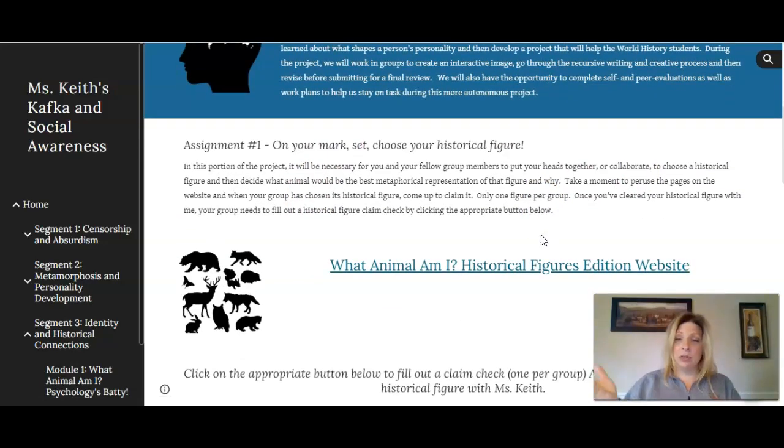They're assigned a historical figure, and then they choose an animal that metaphorically represents that historical figure, and then using ThingLink, they explain their choice with pictures and videos and explanations, providing a kind of Marzano-esque database for the world history students to access as they study for end-of-year exams.